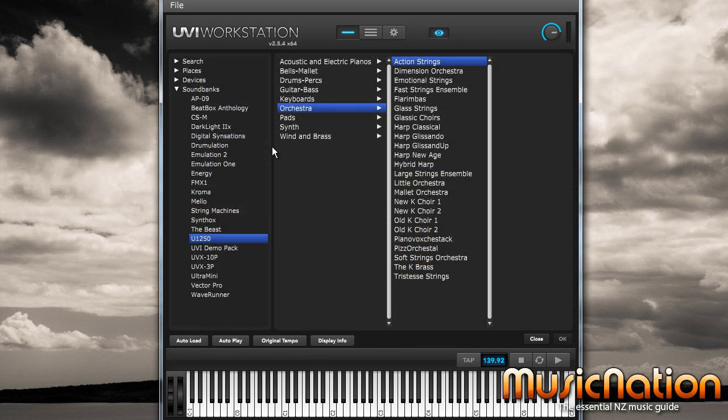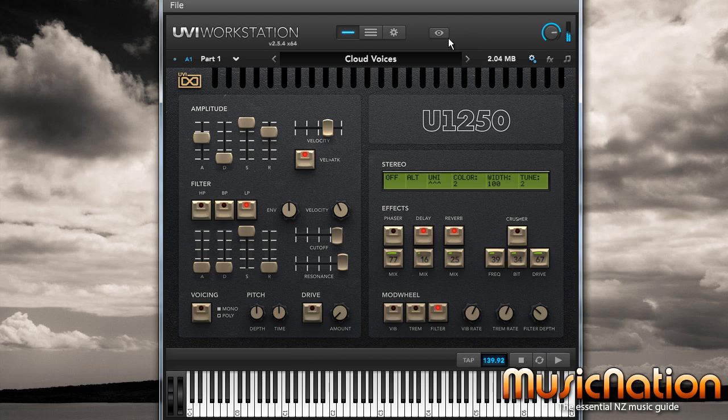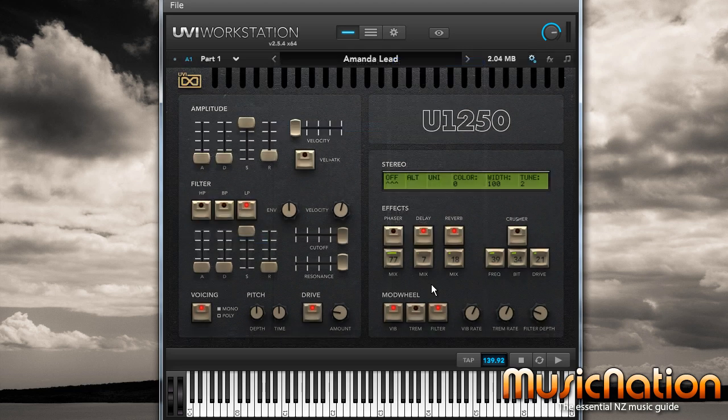Yeah, let's choose, actually, what am I doing? Don't choose that sound, Jacko. Don't choose that one either. This is probably the wrong synth to load up, actually. Anyway, cutoff, resonance, voicing, which is your depth, and